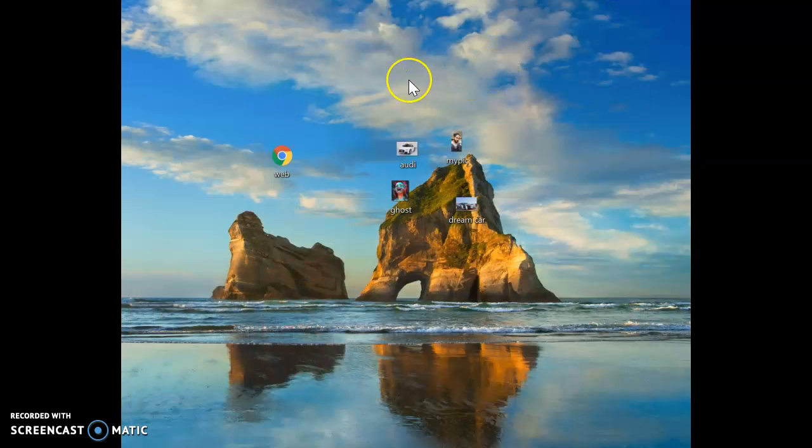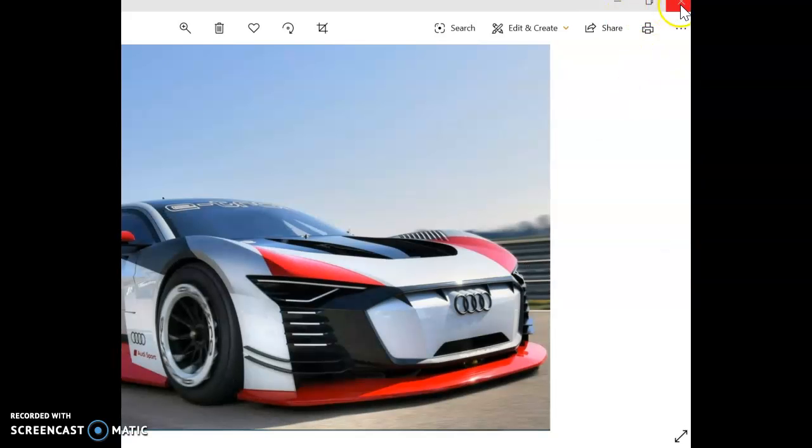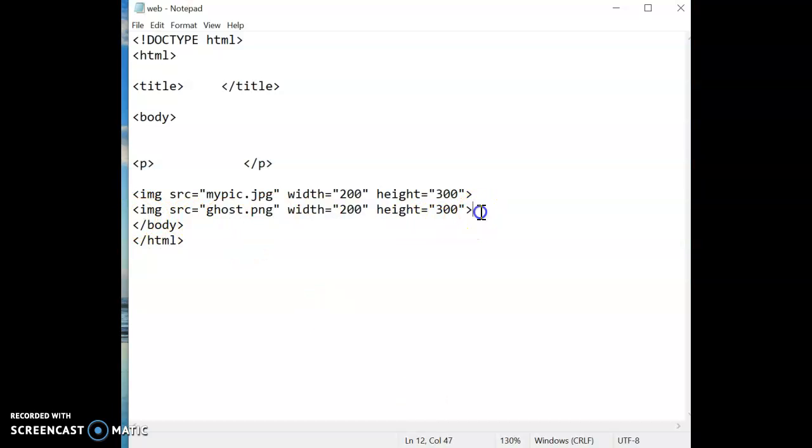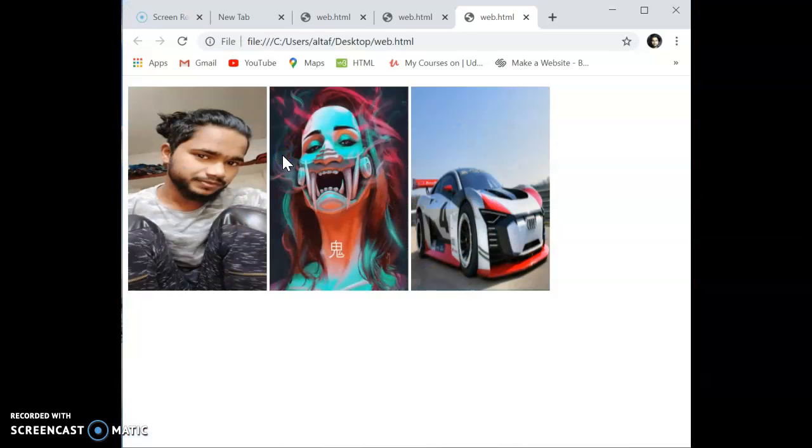And here one thing you have to note down is that your image file and your code file should be in the same folder, right? For example, this dream car, okay, this you can also open there, right? For example, just paste it in place of my pic. What you write is dream car, then save it and then see,